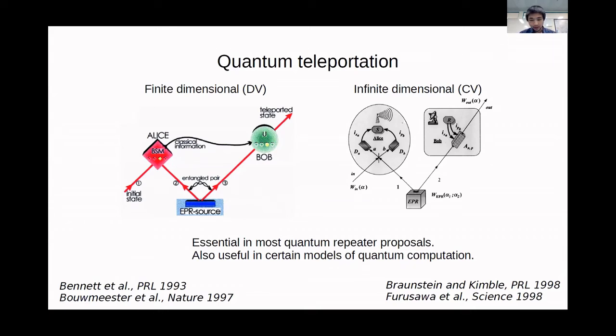It is also true that discrete variable teleportation is easier to implement, 0s and 1s all the time, whereas continuous variable is a lot more difficult. We also know as a fact that in discrete variable teleportation, particularly with photons, it always comes with a 50% probability of success, because certain outcomes of the joint measurements cannot